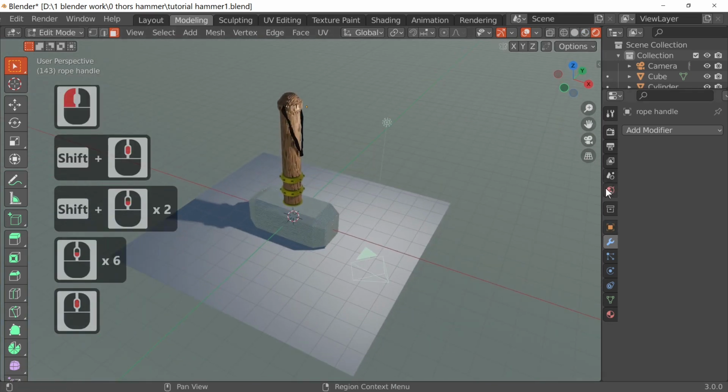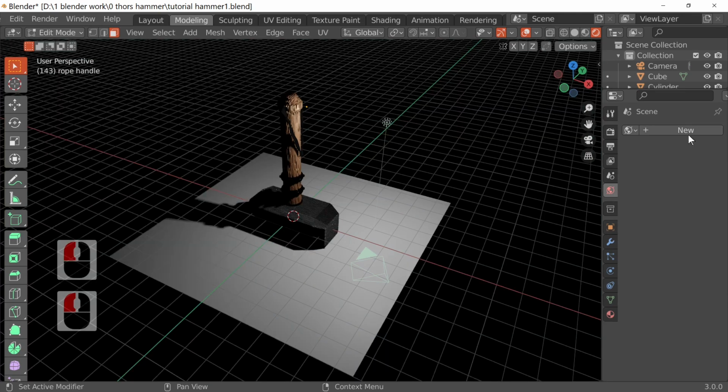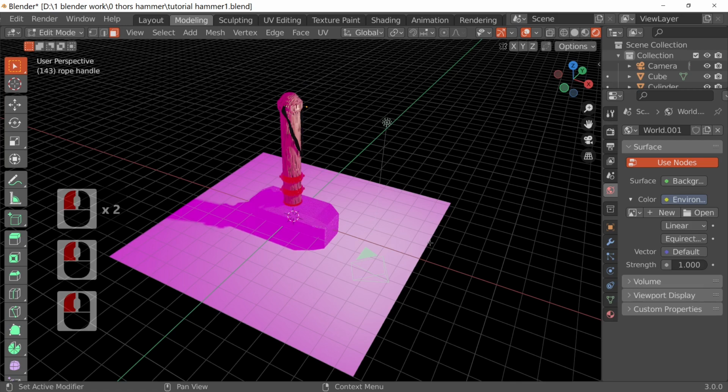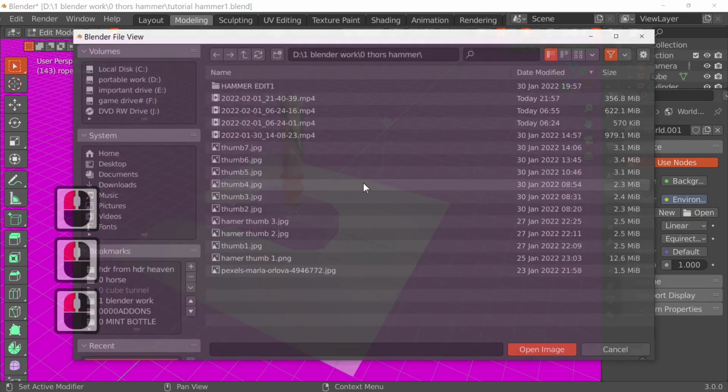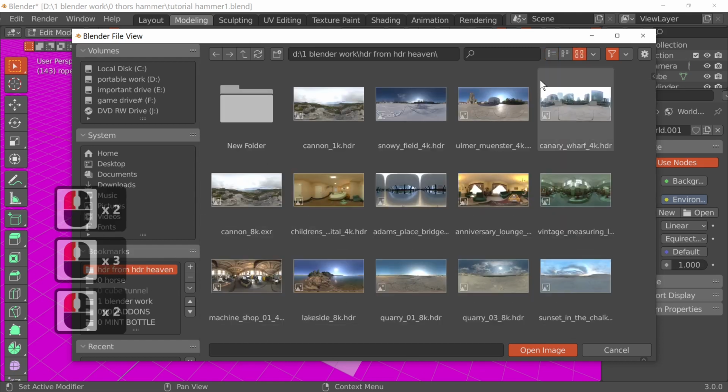If I just actually add a quick HDRI, I'm just going to get rid of the sky texture. New. Environment texture. Open. Select your HDRIs that you've downloaded from HDR Haven. Like me.